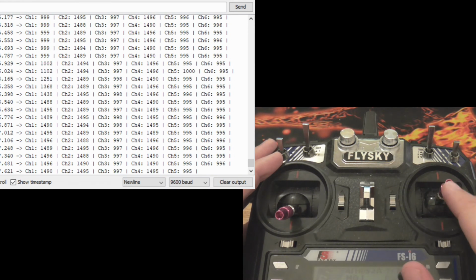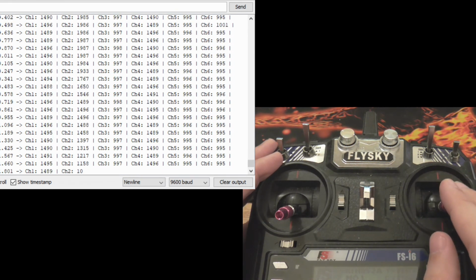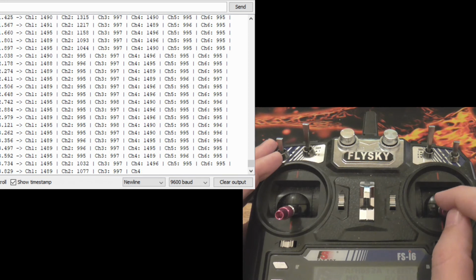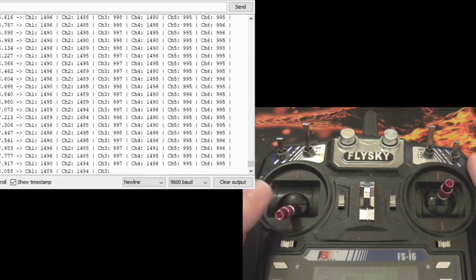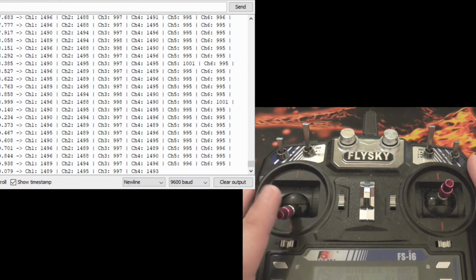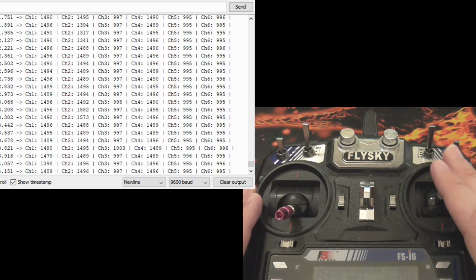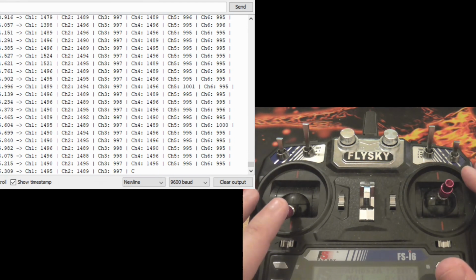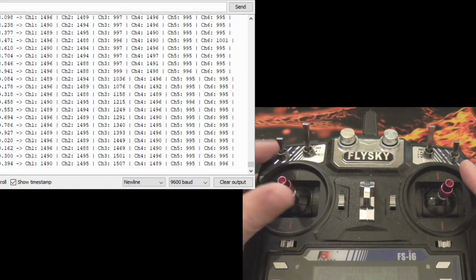Same thing for channel 2. If we go up, it goes up. And if it goes down, it goes down. Now channel 3 is a little different because of the fact that since this is typically the throttle, it starts in the low position here, and it doesn't have that sort of spring back to the center like this stick does. So it starts at near 1,000,